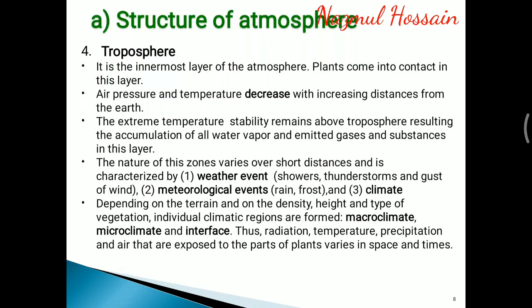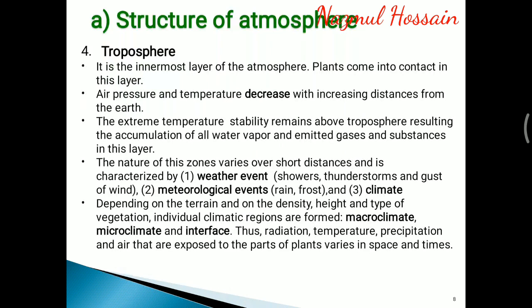And number four is the troposphere. It is the innermost layer of the atmosphere. Plants come into contact with this layer. Air pressure and temperature decrease with increasing distance from the earth. The extreme temperature stability remains above the troposphere, resulting in the accumulation of all water vapor and emitted gases and substances in this layer. The nature of these zones varies over short distances and is characterized by weather event,